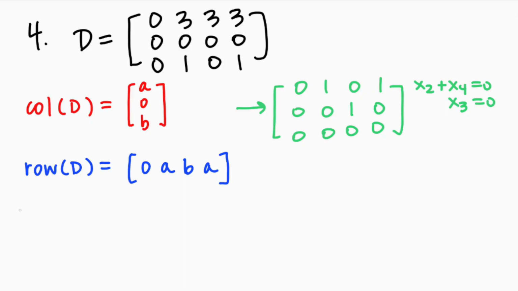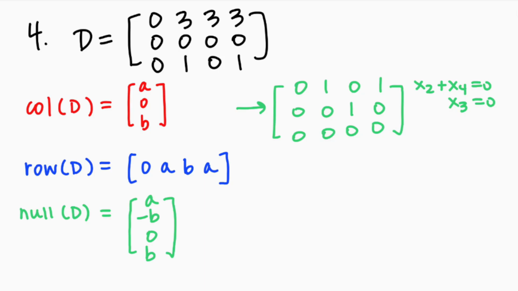Okay, so the first component's free. The second component is the negative of the fourth component. So the fourth component's going to be B. That's negative B, and that would be 0. Okay, then for the last one,